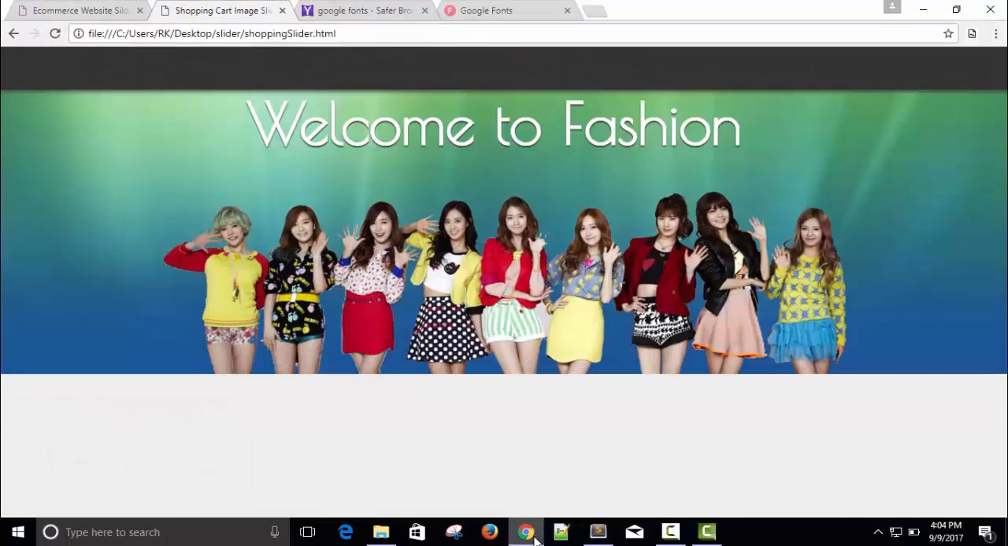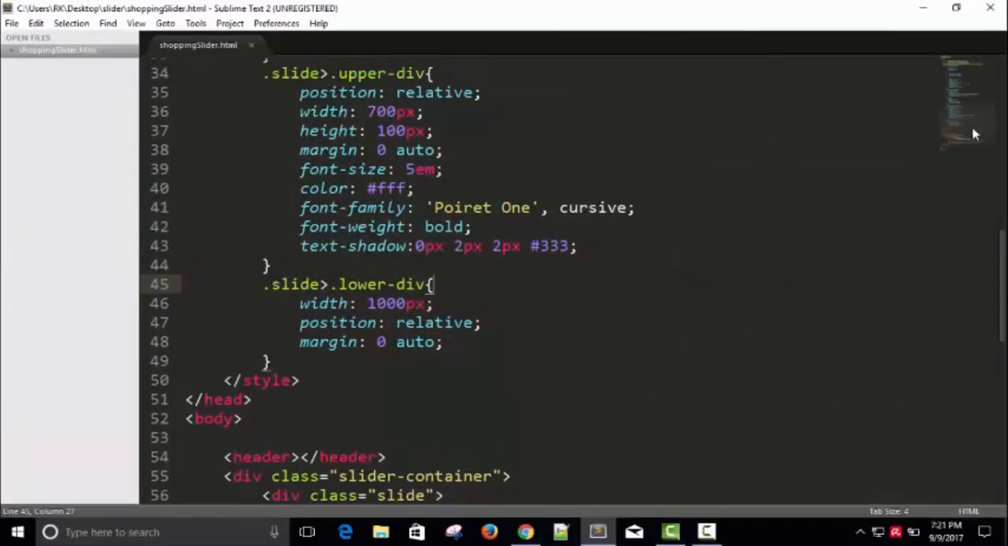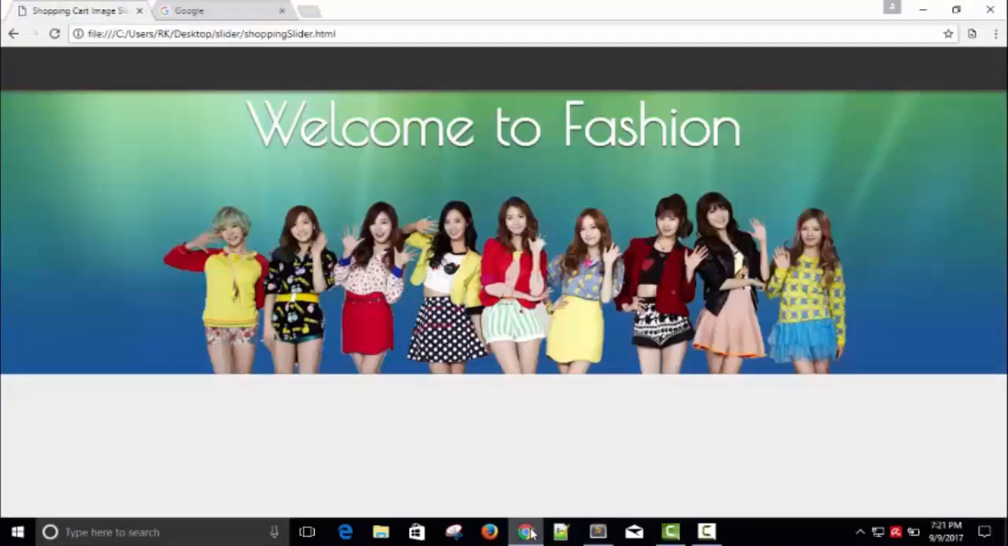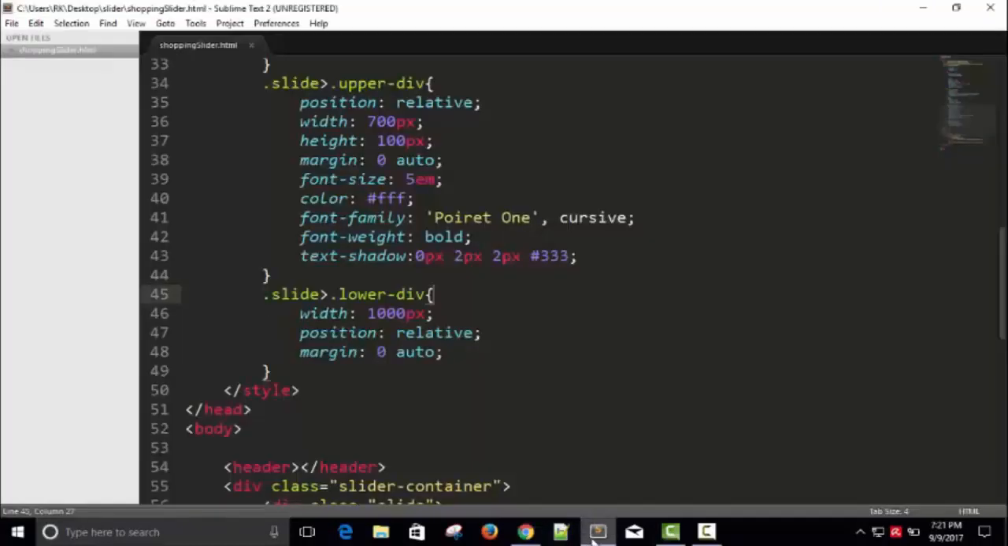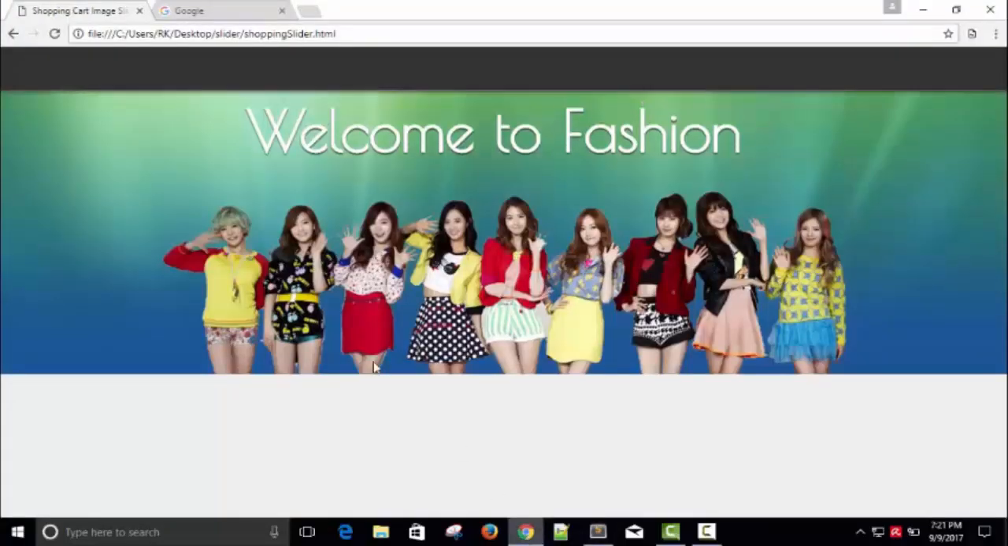Refresh. Whoa, here. So I think we require a little space between this navigation bar and this text, so I'm going to provide a top. I think 10 pixel is good. Let's save it and refresh. Now it has a space between this text and this navigation bar. Okay,